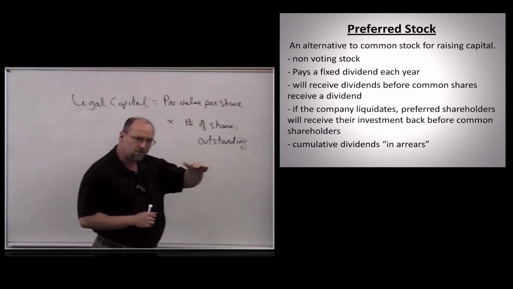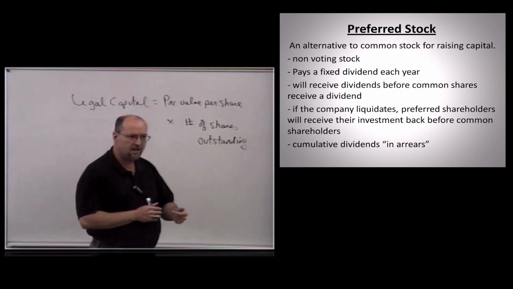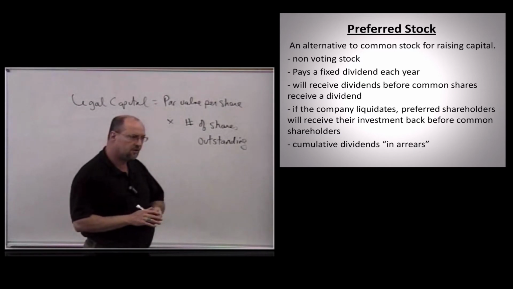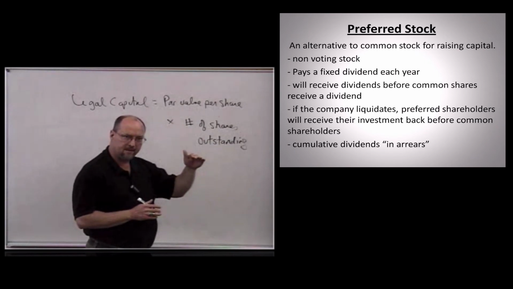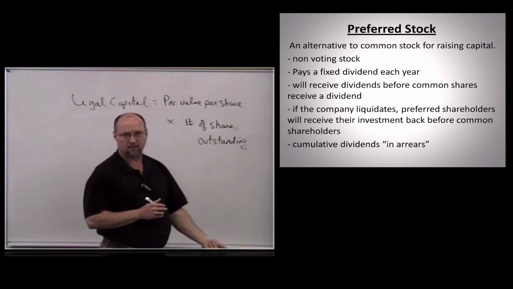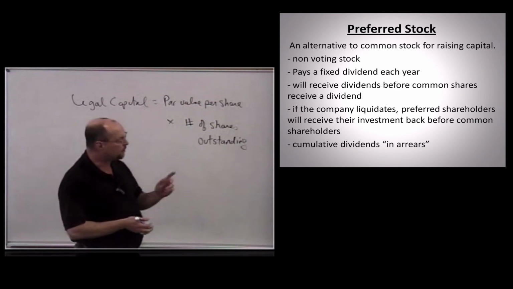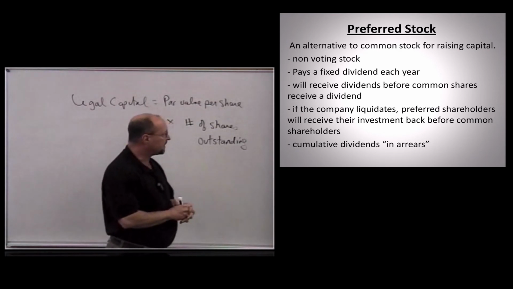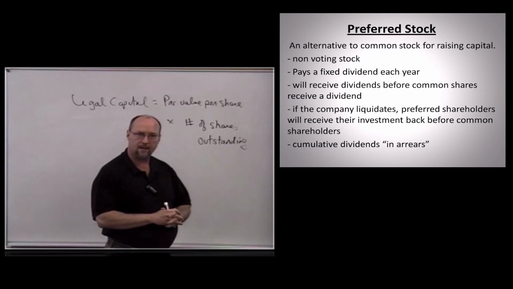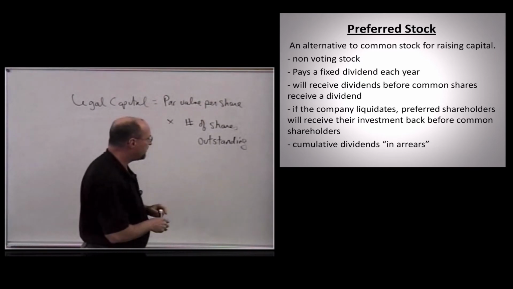Then you have unsecured creditors who don't have any collateral. These could be your vendors, your employees who are owed wages. Then they're next in line. Then you have the preferred stockholders who should get their money back, assuming the creditors have been satisfied. And at the very bottom are the common stockholders. They're last in line, and they're last to get their investment back. So we call it preferred stock because they get their dividend before common stockholders, and in the event of liquidation, they would get their investment back too.